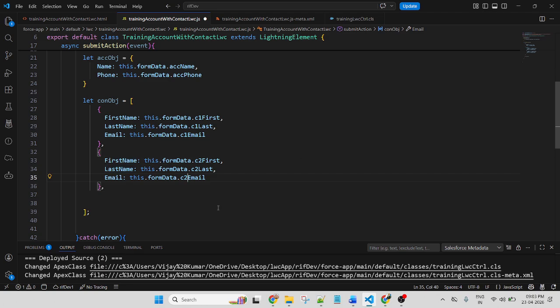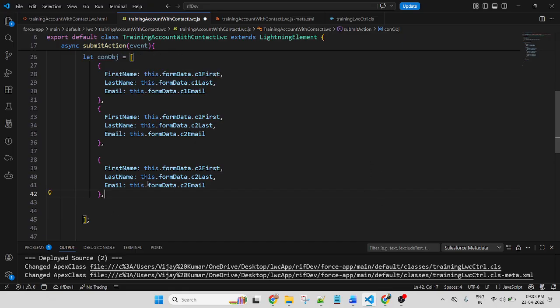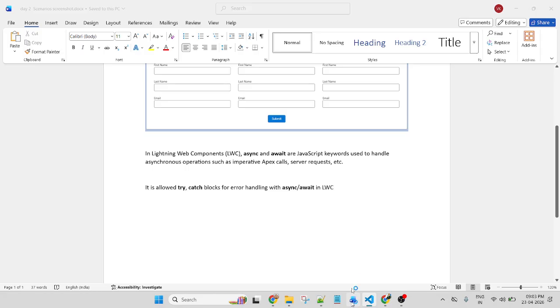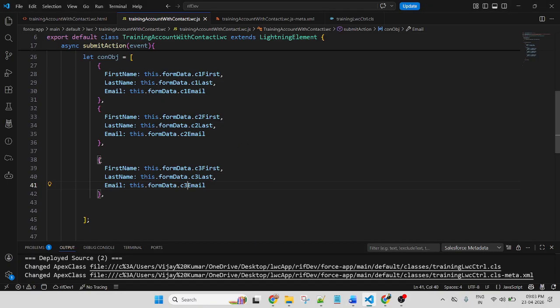So this is a field name, this is a value. Similarly, if you want to create multiple contact records, like 6, 7, 8, 9, the process is the same. Simply copy and paste and change the name of the input field. And for the last one, remove the comma.